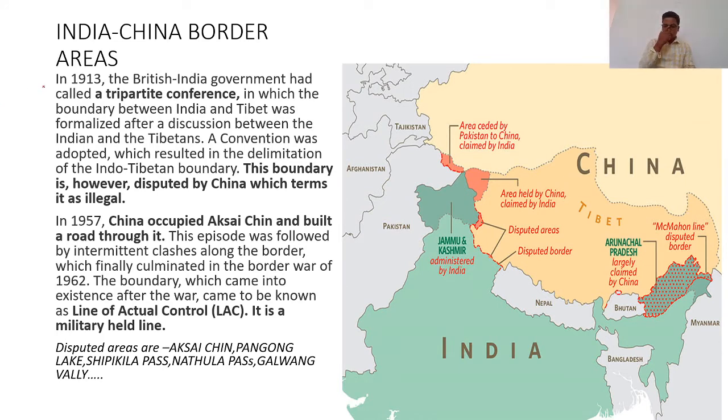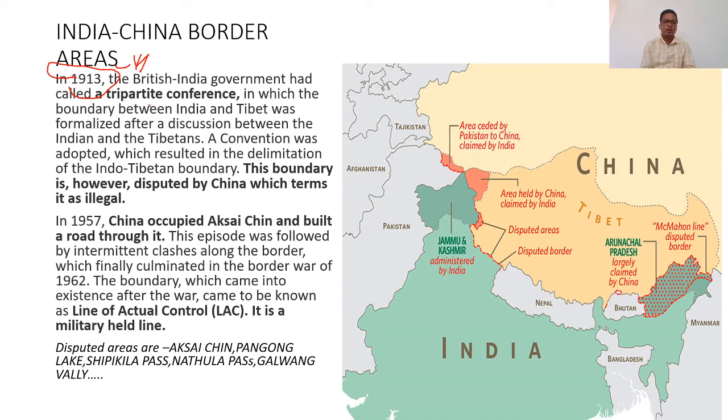So now we will focus on the deeper and detailed facts of the border of India and China. First, as I was talking about just a few minutes ago, the border we share with China divides into three parts: the western sector, the eastern sector, and the central sector. In 1913 and 14, somewhere it is 13, somewhere 14. First I will talk about the McMahon line and the dispute of India and Arunachal Pradesh, how this dispute emerged.